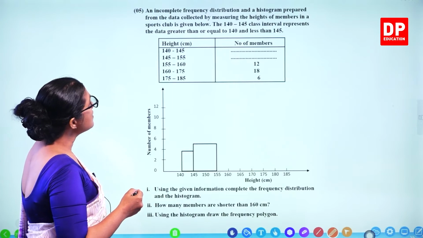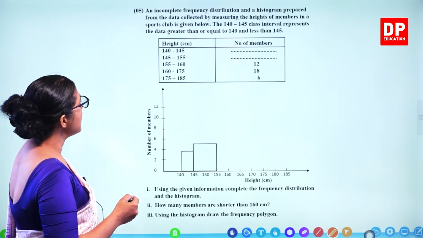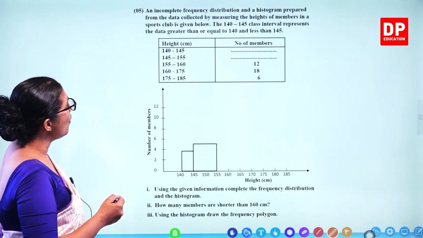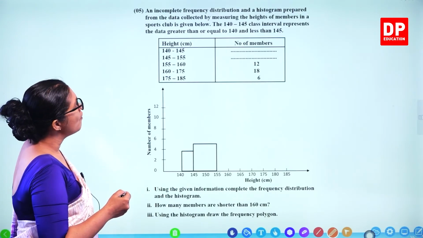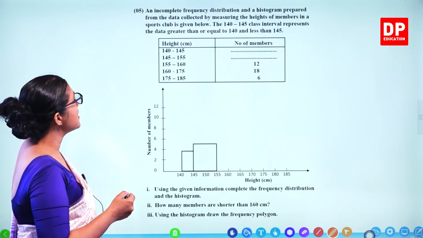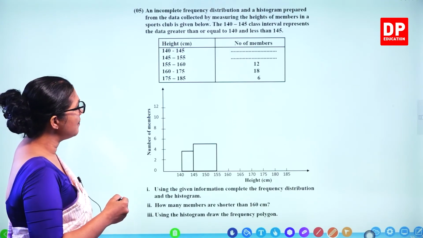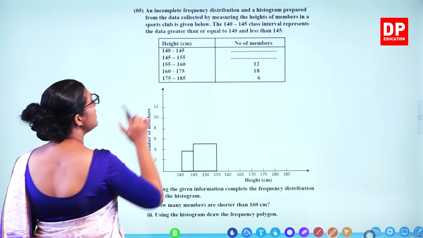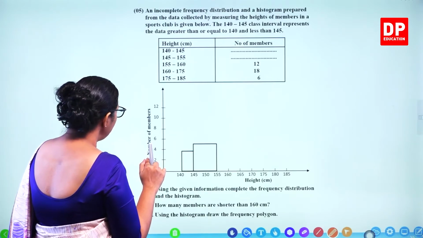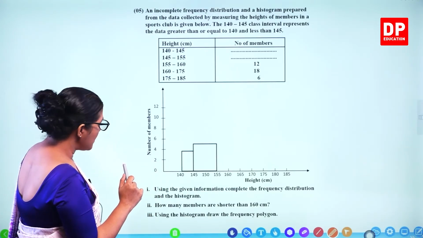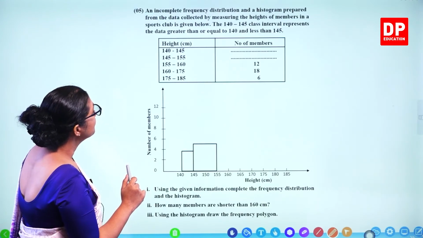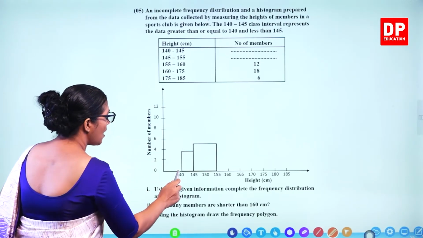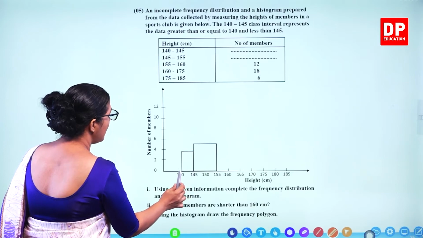An incomplete frequency distribution and a histogram prepared from the data collected by measuring the heights of members in a sports club is given below. The 140 to 145 class interval represents the data greater than or equal to 140 and less than 145. So these values are not equal, but this side equal. Using the given information, complete the frequency distribution and the histogram. So we have to first look at this one and fill these two gaps. 140 to 145, that's